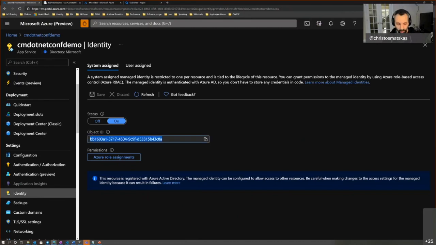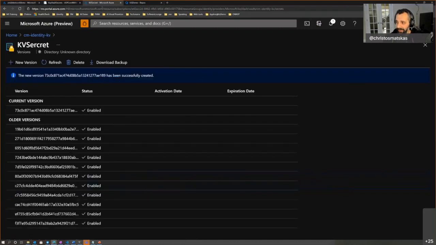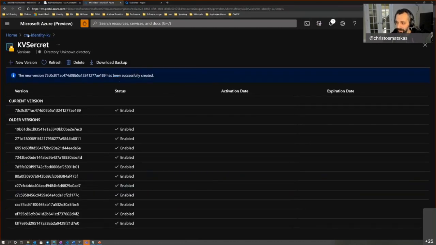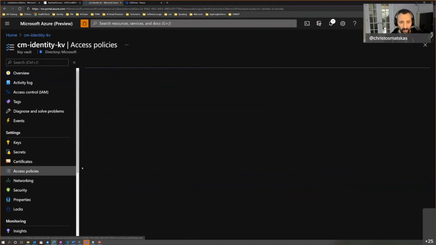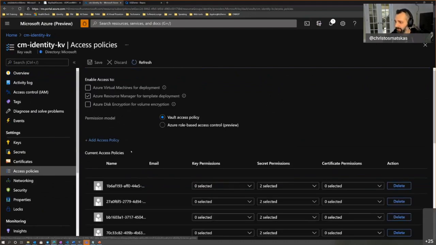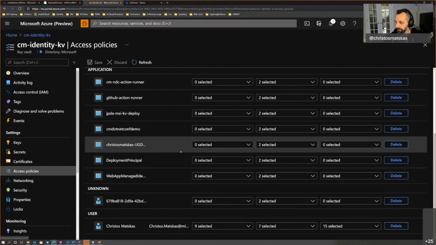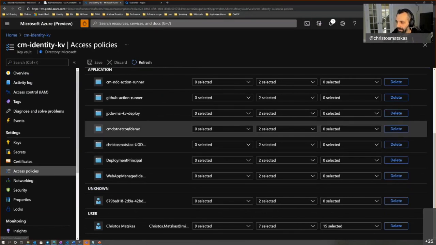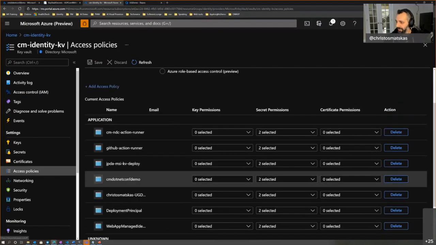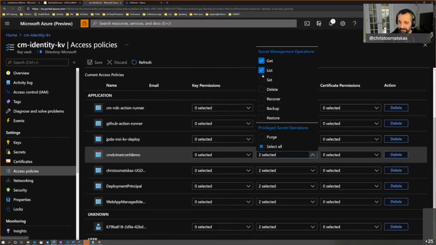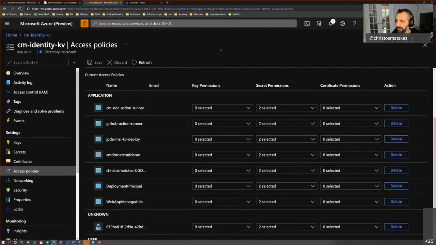So this identity, if I were to go into my Key Vault, I should be able to find it in my permissions. So if I go into the root and I go into my access policies, this is where I define who has access to my Key Vault. I should be able to find it somewhere here. This is the same one. So this is the identity that we're currently running the website under. And so it picked up the same name, which is great. I can easily identify that. And it only has two permissions. It has the ability to list and get secrets. That's all it has. Can't create secrets, can't change anything else, which is brilliant. It's locked down. And that identity, which is tied to my web app, can now go and access things.